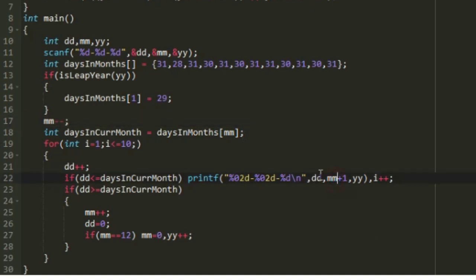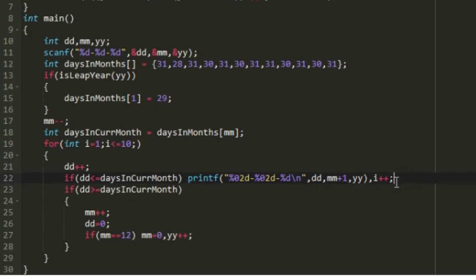And after that we are printing the day, month and year. For month we are printing month plus 1, because we have already decremented the value of month by 1 in the previous statement. So that is why we print month plus 1, and we print day and year normally. And whenever we print a date, we increment the value of i, which means we have printed one date. So we should print totally 10 dates, and we increment the value of i only when we print a valid date. So this is what will be happening, and this statement is enough if all the 10 days are present in the current month itself.